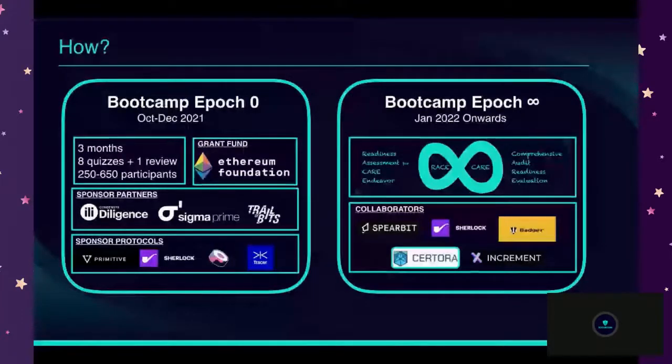And CARE X is really a customized care engagement that Secureum is working on with multiple partners. So right now we are working with Spearbit and with Sherlock. With Sherlock we had a capture the flag, which was very interesting. Can talk more about it later if you have time. We're also doing one with Certora, which is a five-week effort where the participants are being trained with the prover technology. And obviously the incentives are the NFT badges, but some of these collaborators also have financial incentives.